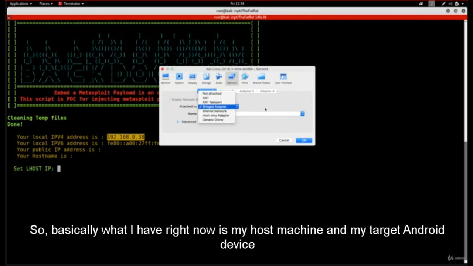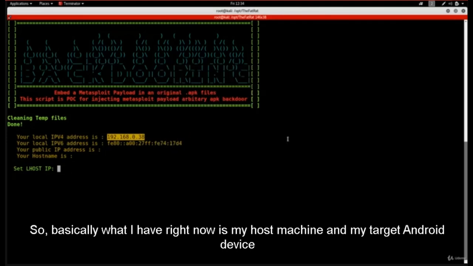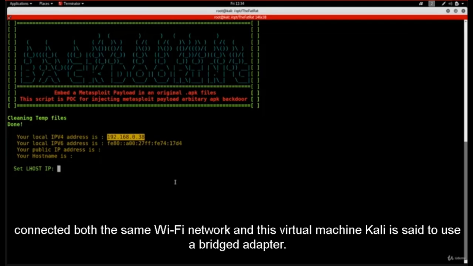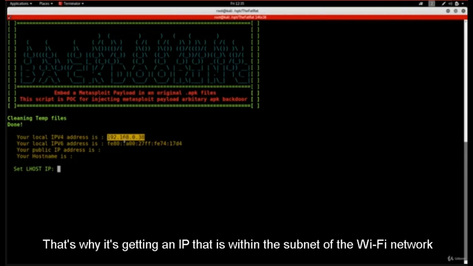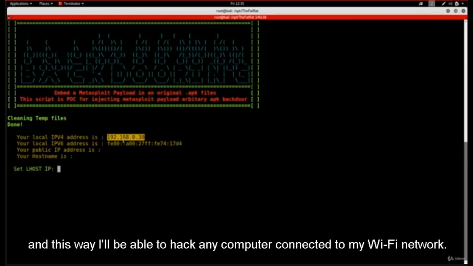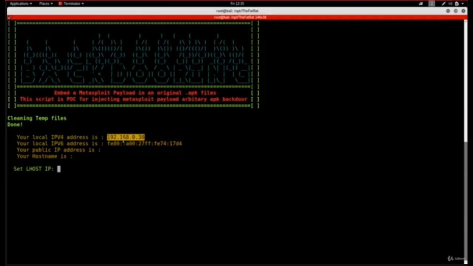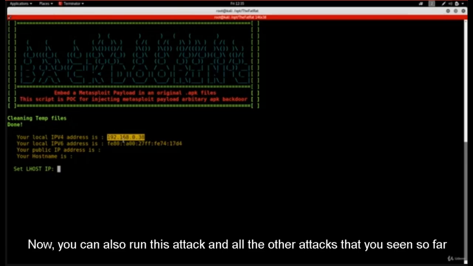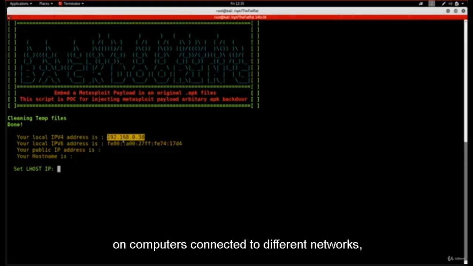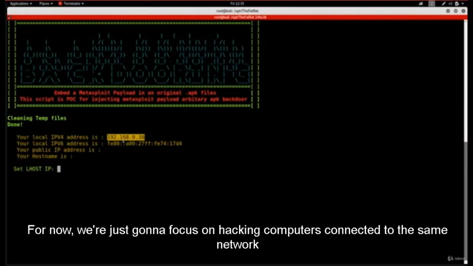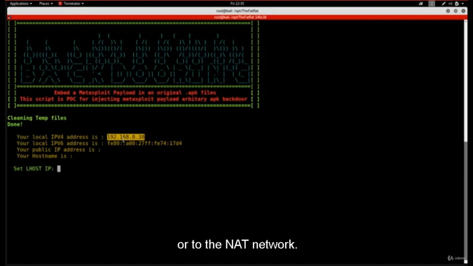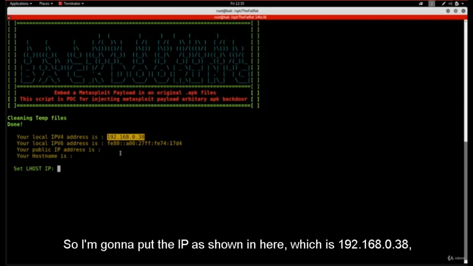So basically what I have right now is my host machine and my target Android device connected both to the same Wi-Fi network, and this virtual machine, Kali, is set to use a bridged adapter. That's why it's getting an IP that is within the subnet of the Wi-Fi network, and this way I'll be able to hack any computer connected to my Wi-Fi network. Now you can also run this attack and all the other attacks that you've seen so far on computers connected to different networks. For now, we're just going to focus on hacking computers connected to the same network or to the NAT network. So I'm going to put the IP as shown in here, which is